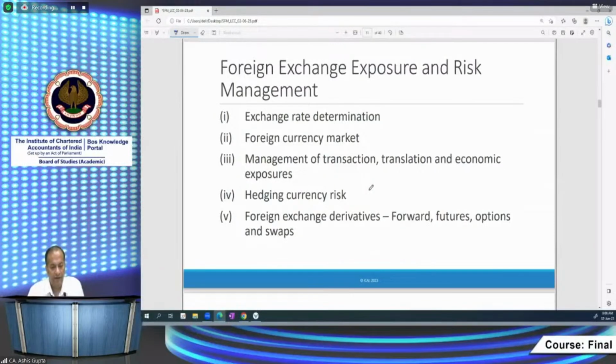Now, students, the next topic is foreign exchange exposure and risk management. It is one of the very important chapters from the practical as well as from the examination point of view, because nowadays the world has become global. Days are gone when, before the main revolution, I will say, which came in 1991, and somewhere around 1993 the LRS scheme also came, there was one system